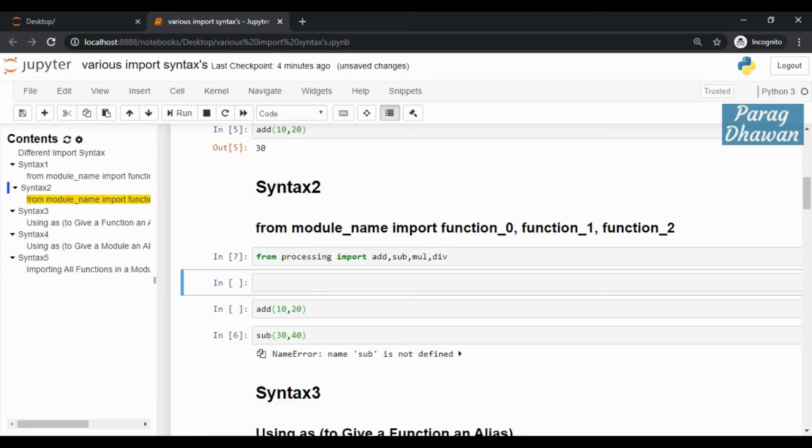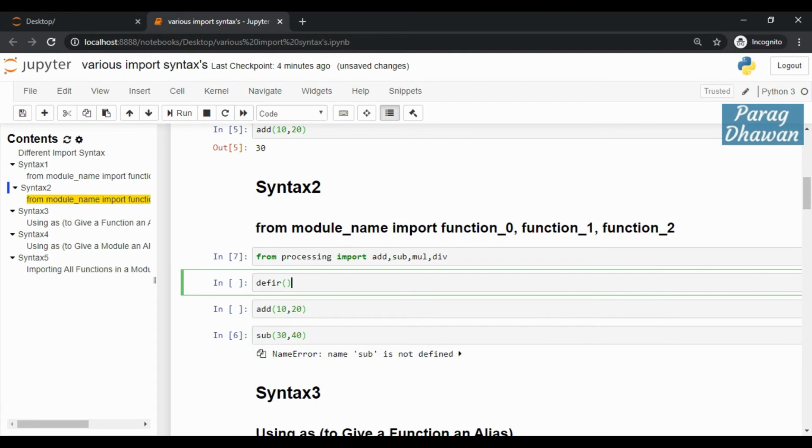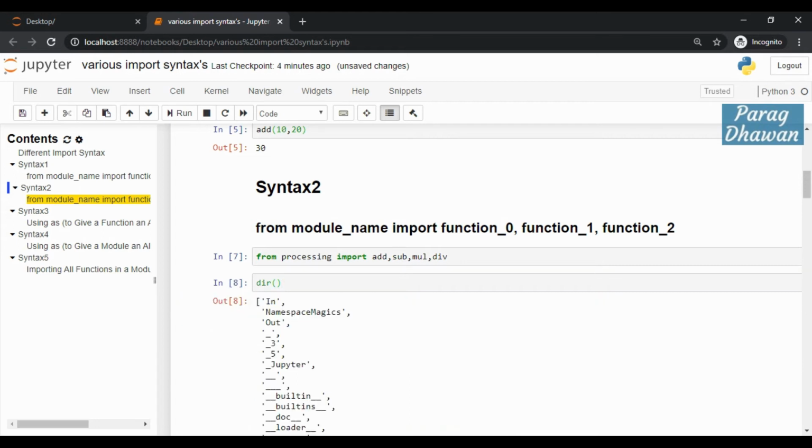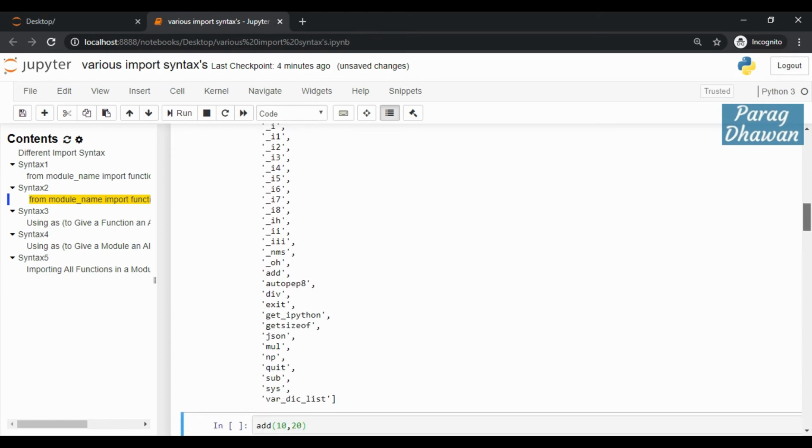How can you check whether they are available or not? Press escape B, and run the dir command. It will show the metadata and what variables and functions are available. So we are using the dir command directly. Shift enter. You can see after execution that you have sub, add, divide, multiply functions available so that we can use them directly.